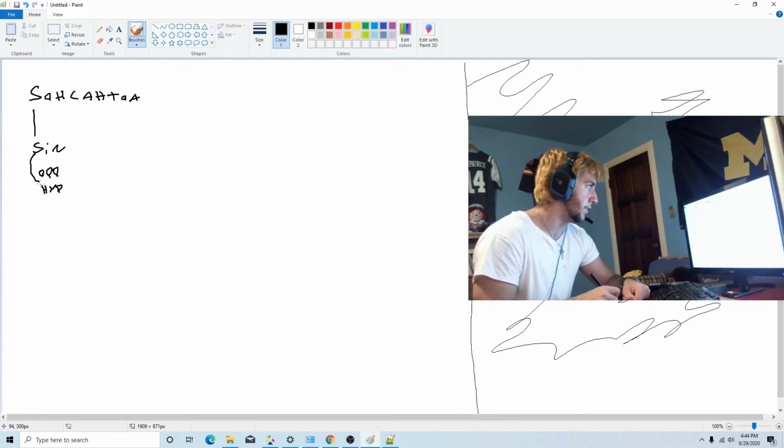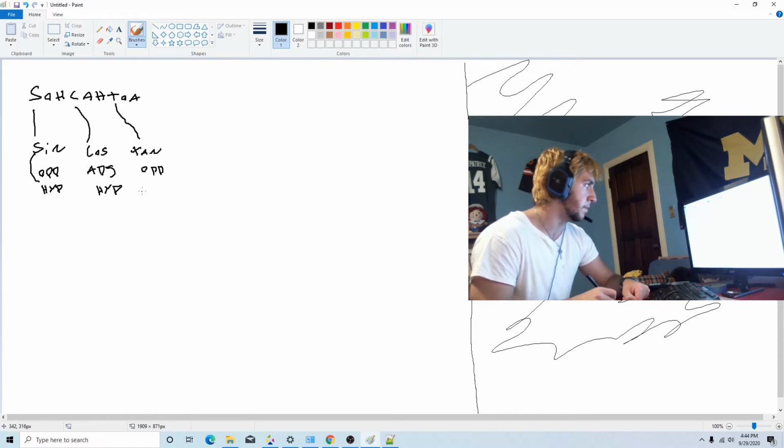So the sine is the opposite over the hypotenuse. Cosine is the adjacent over the hypotenuse. T for tangent, or tan, is the opposite over the